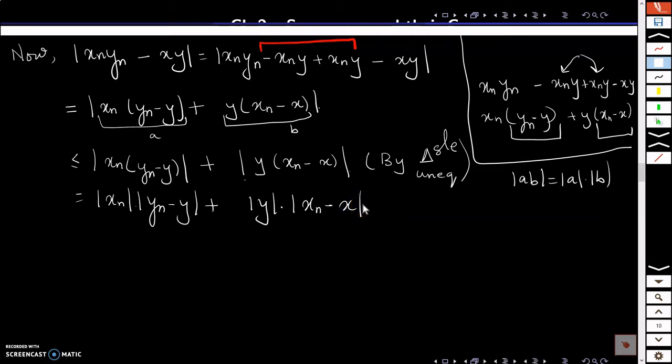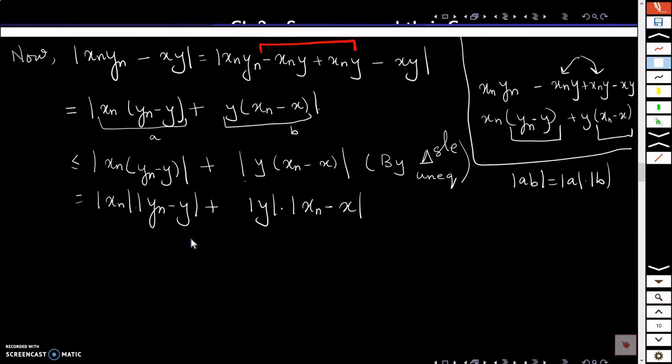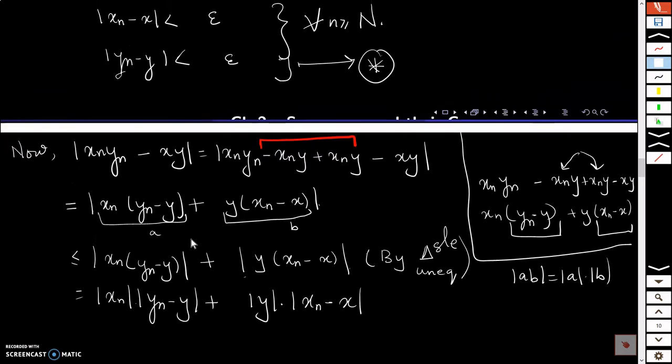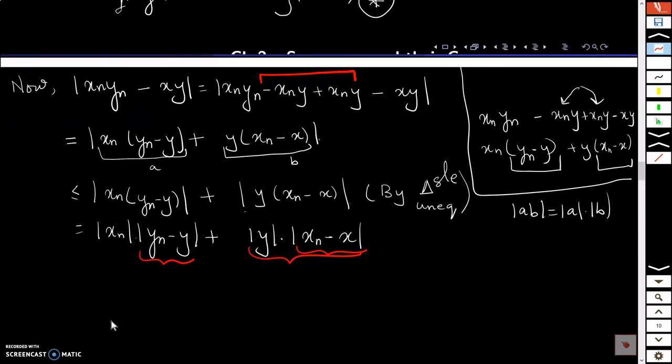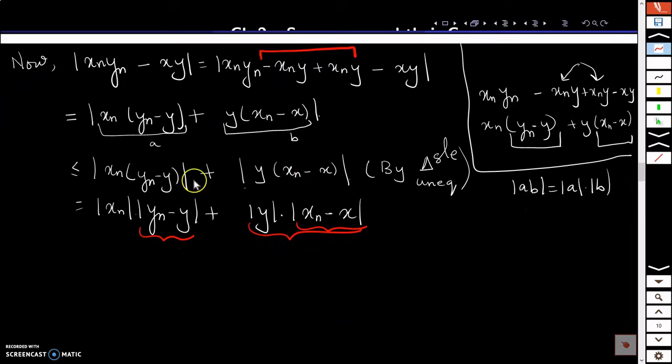All right. Now if you go back and see, I already have the estimate for xn minus x and yn minus y, right? So these two things are taken care of. I don't have to worry about these two. Again, this mod y is a real number, so I can adjust that with this epsilon here. So this is also taken care of. The problem right now is this mod xn. Do I have any estimate for this mod xn? That is what I have to look out for now, because other things can be taken care of.